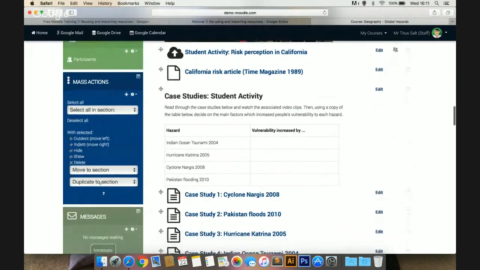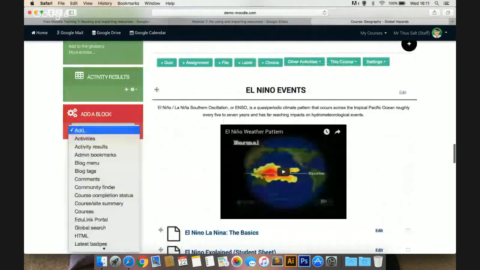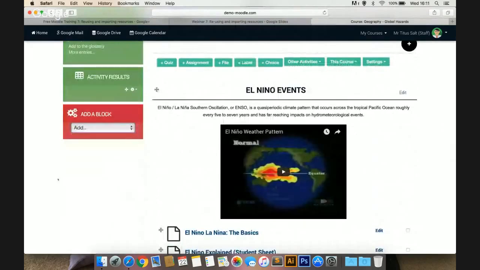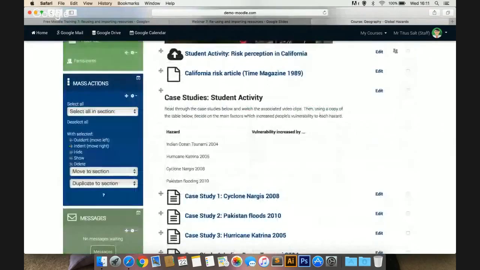If you haven't inserted it, you just need to go down to the bottom and click on add a block and choose mass actions from this list here. Okay, so I've got it. You can see that I've got it enabled here, and as soon as I turn editing on,